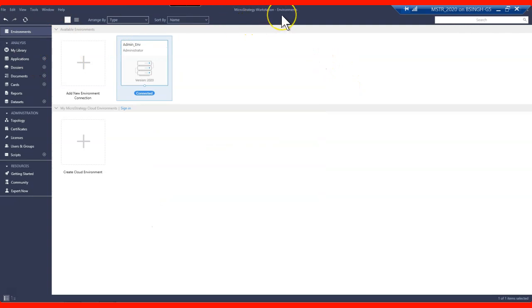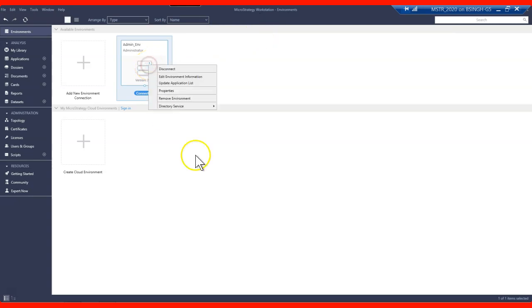Let's suppose your intelligence server, where the intelligence server is installed, doesn't have enough memory to handle all the requests. Let's suppose there are 5,000 requests at the same time, and your intelligence server is not capable of handling all the requests at the same time. So you can govern some policies from this workstation as well. You can do a lot of things. Let me show you first how to govern the settings.